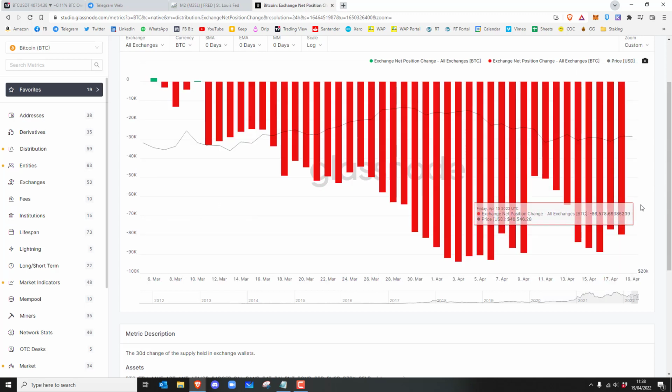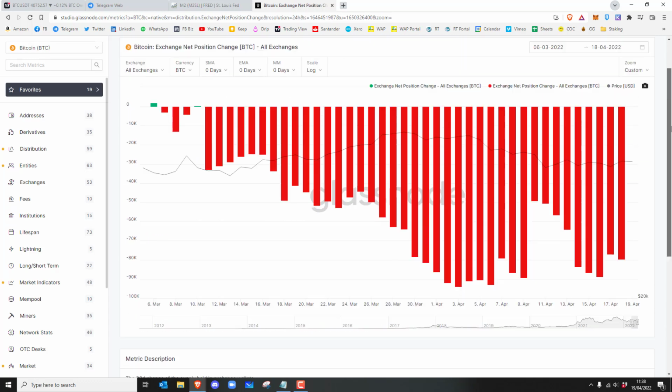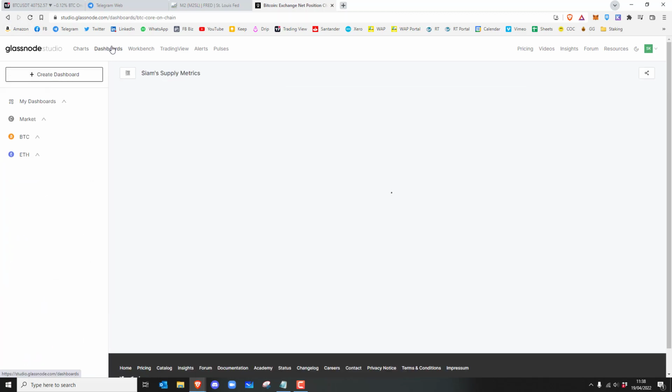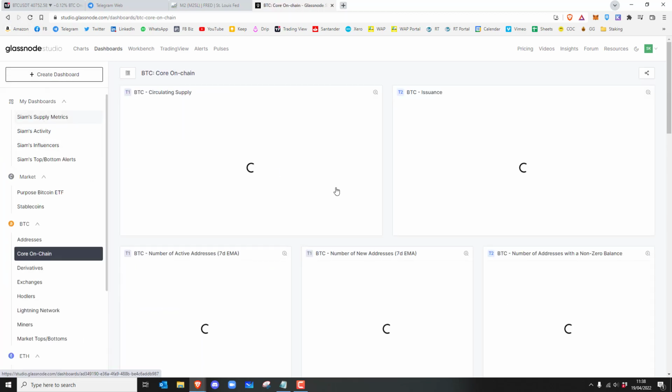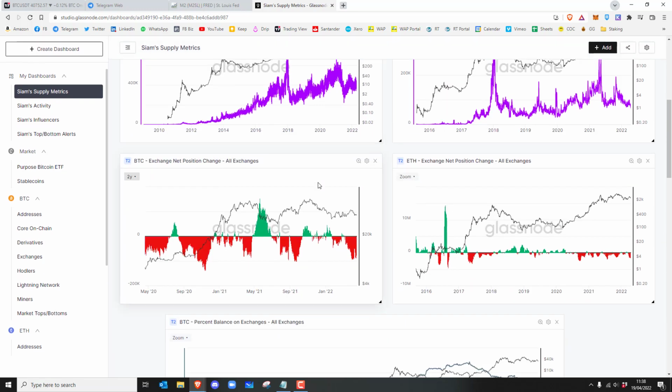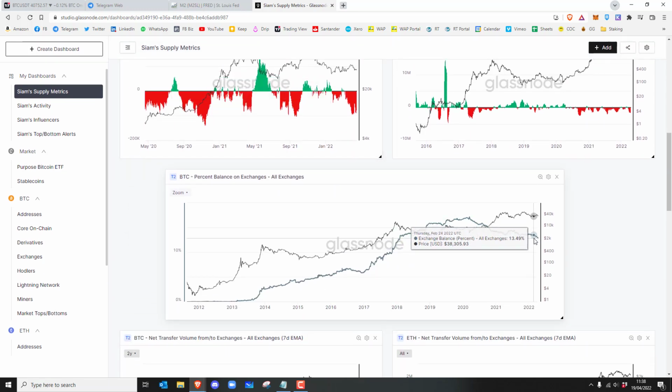I mean, if you can zoom right in here, you'll see. So yesterday 79,000, 76,000, 88, 86. So roughly 80,000 Bitcoin a day are flowing out of exchanges, which is frankly incredible. It doesn't mean Bitcoin can't pump down a little bit more, because when you're looking at that and then compared to